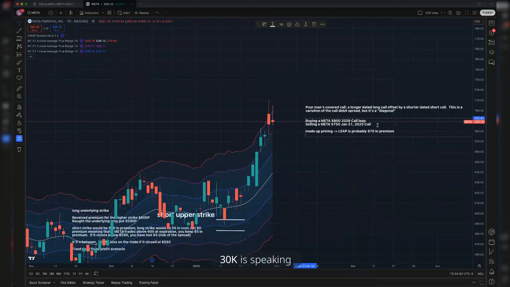This is an extreme example, right? The 750C for earnings was probably $2. And your bet there is that the stock will not move that much after earnings, and you will be able to collect the $2 in premium, let it expire, or buy it back for low, and then you get to keep your leap. So this is a diagonal or a poor man's covered call. Does that make sense?